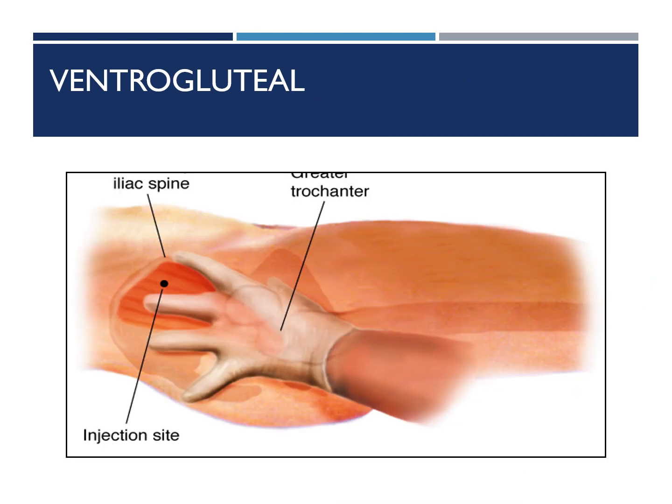Here's a little bit closer shot of that site. It really is kind of the side of your hip. You've got a good little muscle there on the side of your hip. To do this injection, position the patient on their side if possible. It can be done with them laying on their back. It's just not as easy to get to. We'll practice this on our classmates. Flexing the knee and the hip is going to help with relaxation of that muscle.